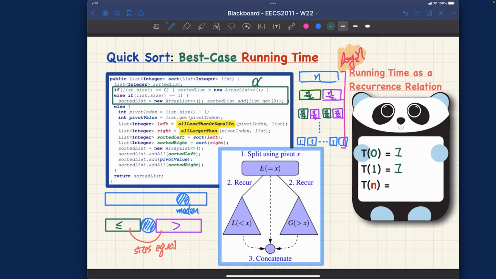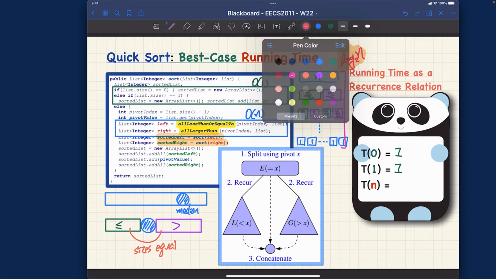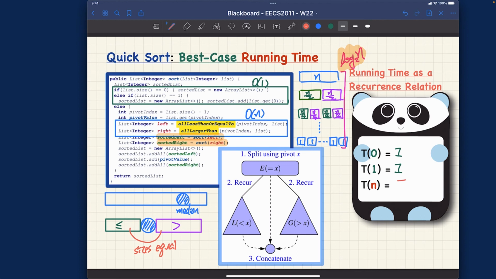Big O of 1. And we know that this part over here is also going to be big O of n. This part over here, big O of n. And what about this part over here? The sorted left and also sorted right. Given that the median value is actually chosen for every pivot, we are going to get T of n over 2 for the left and for